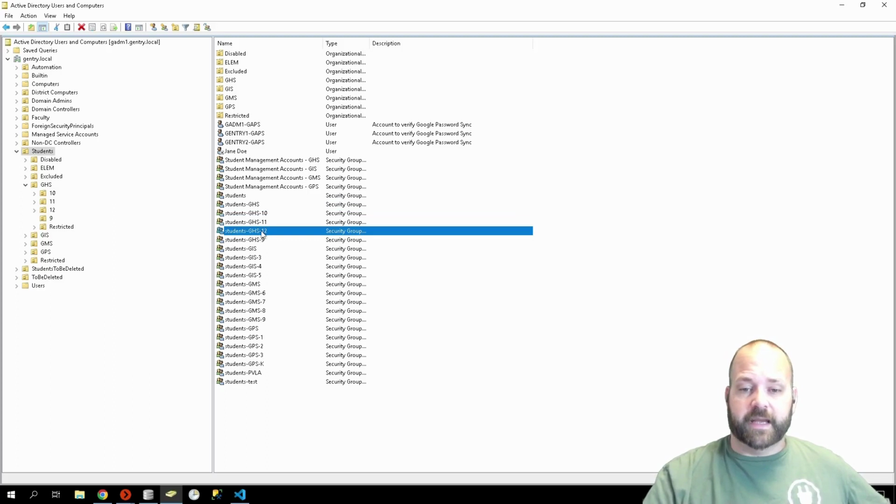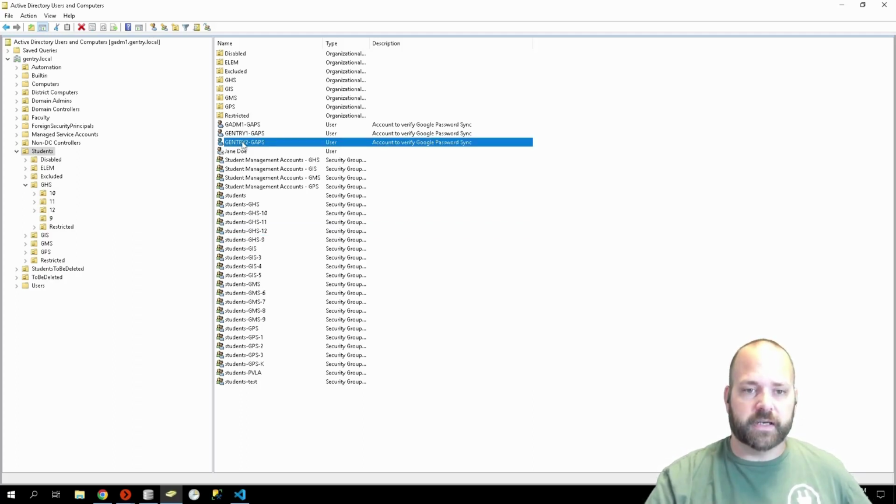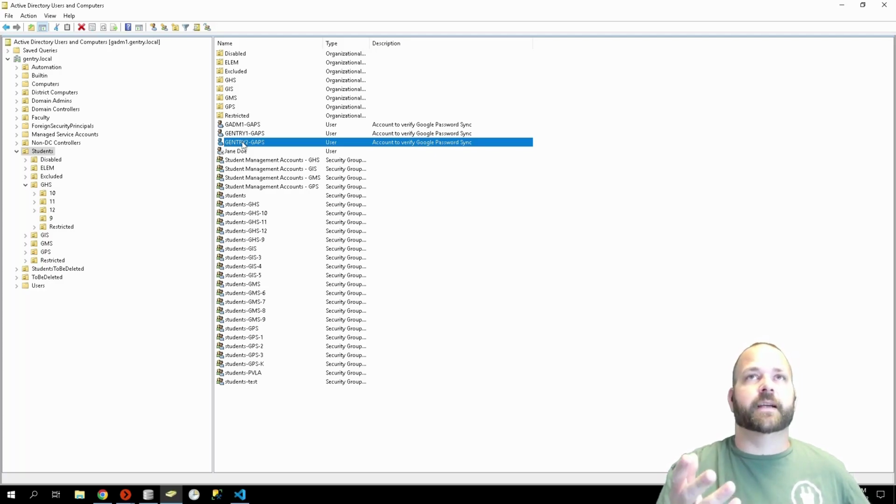And then, the same for these. This is that specific grade, of course. And then that list goes on down. Of course, I've got a couple of testing ones down there. Nothing to see there. If you have Google Apps Password Sync, or Google Password Sync, I think is what they call it now,